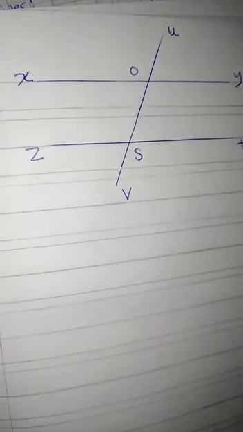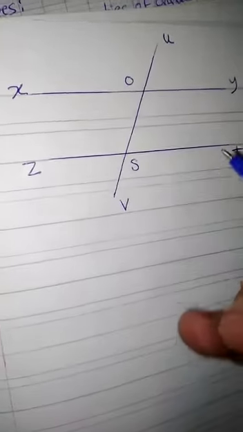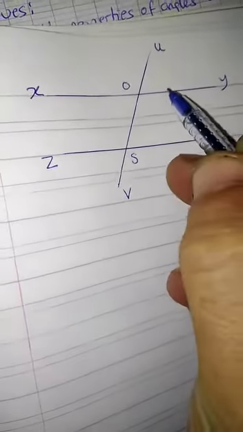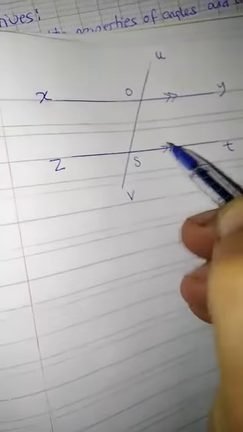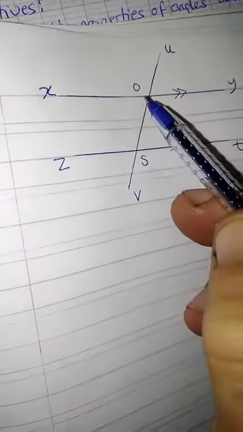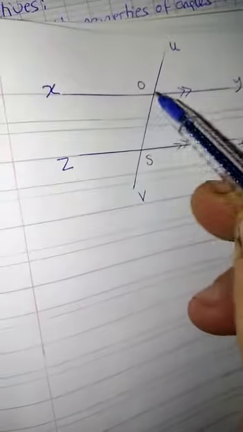Let us make some revision geometry. We'll start with the alternate interior angles and corresponding angles of parallel lines. If we have line XY parallel to ZT here, then we deduce that the angle XOS,